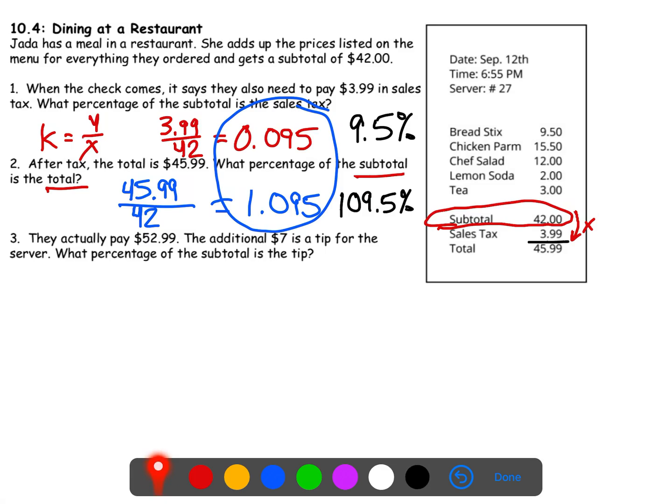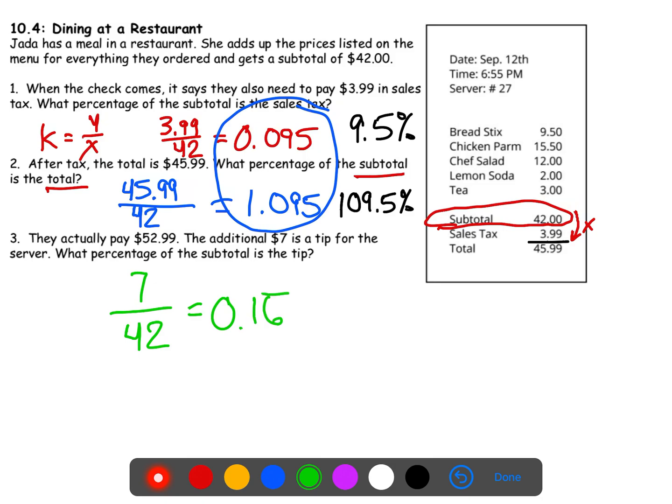Okay, finally, they actually paid $52.99. The additional $7 is a tip for the server. What percentage, here again, we're answering a very similar question, what percentage of the subtotal is the tip? Okay, we need to divide. So we'll take the tip, $7, divided again by the subtotal, and 7 divided by 42 equals